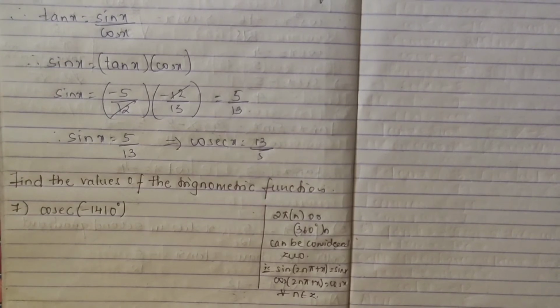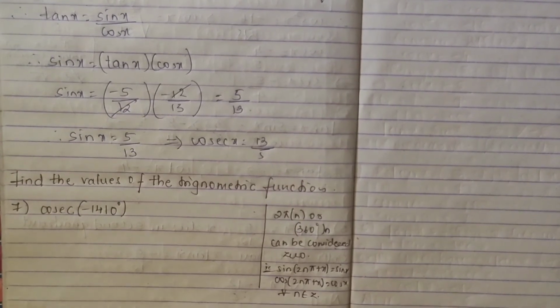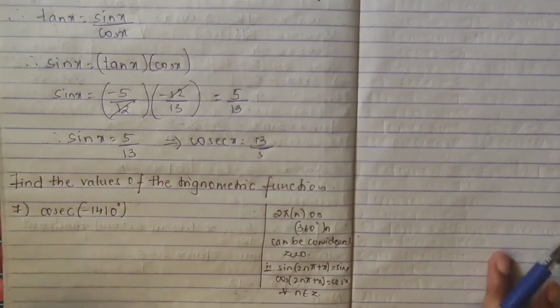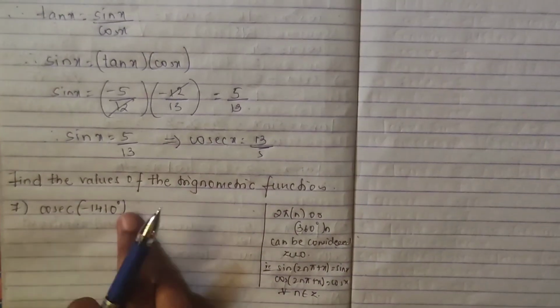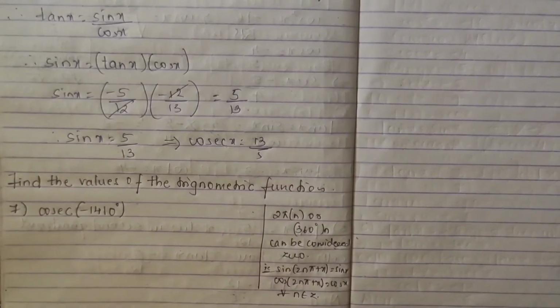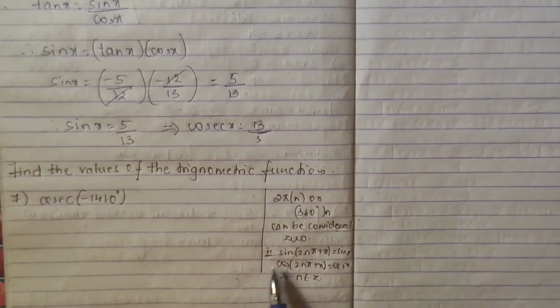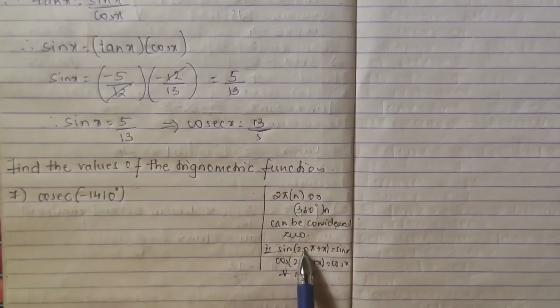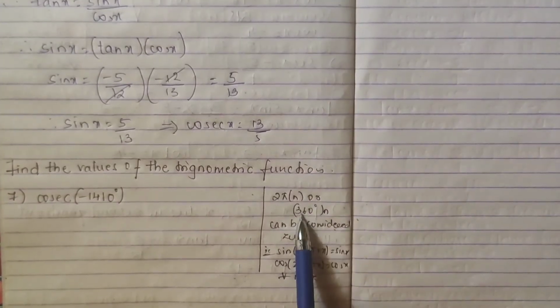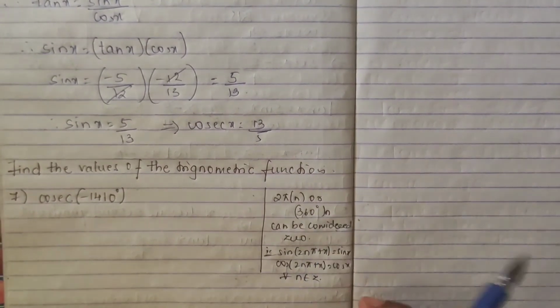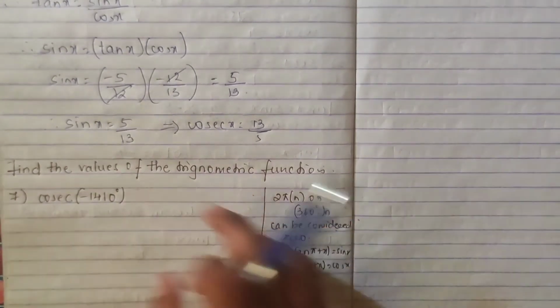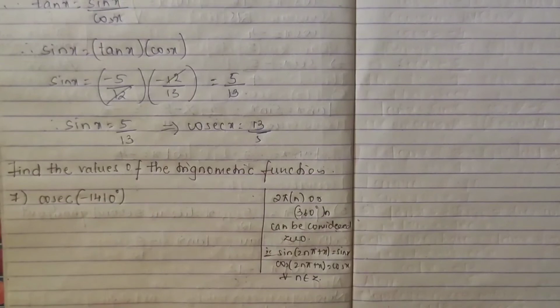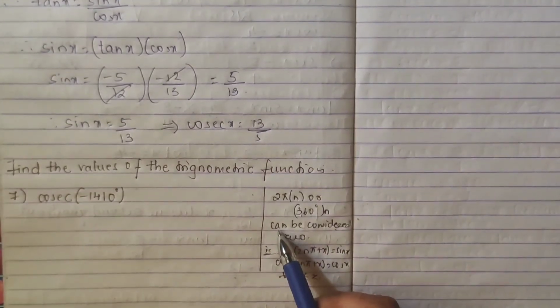Now next problem. See, this is a different set of 5 questions they have given. Here they are telling us to find the values of trigonometric functions, and they have given very large degrees. So whenever you have such questions, use the identities I had given you: sine of 2n pi plus x is equal to sin x, cos of 2n pi plus x is equal to cos x.